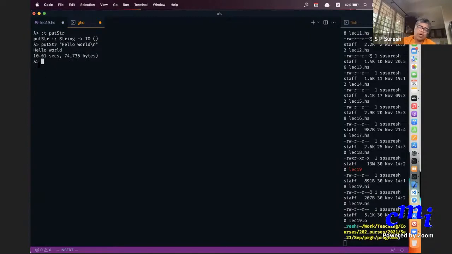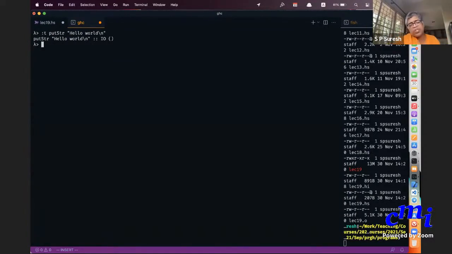The type is IO unit, because this has a side effect which is signified by writing IO, and its return type is of no significance, so you write unit. Okay, great.